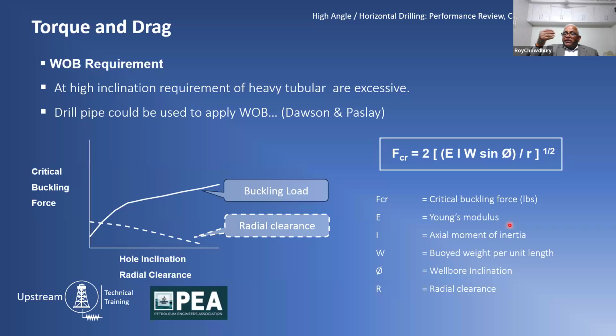So you need to be extremely cautious. If your critical buckling load, let's assume, take a number, is 45,000 pounds, you do not want to go any closer. You need to leave a safety factor, which could be 10,000 pounds. Obviously, once you do that calculation, you will see that. Hopefully, I have answered